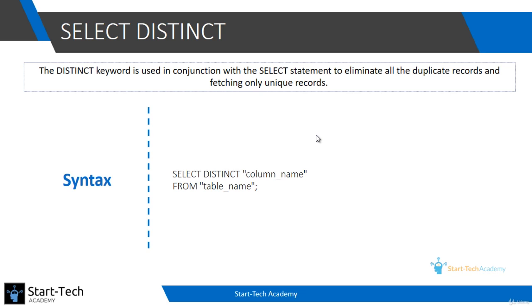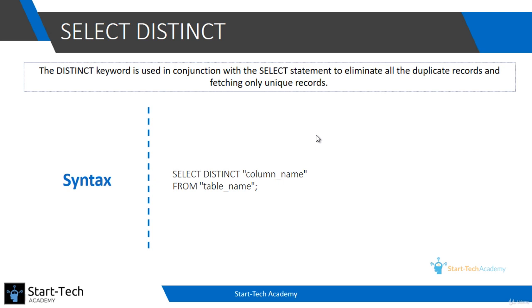In the last video, we learned how to retrieve data from a table. But when we were retrieving the data, all the data from the table was coming. And even if our table had duplicate values, say for example, if two or more customers had the same first name, it would have appeared multiple times. So to get rid of these duplicate values and to get only unique values, we need to use the distinct keyword with the select command.